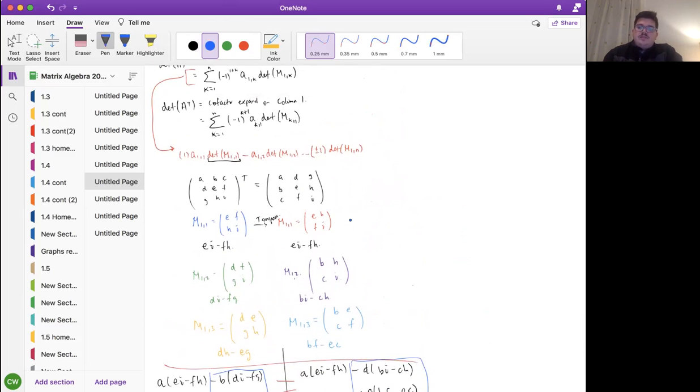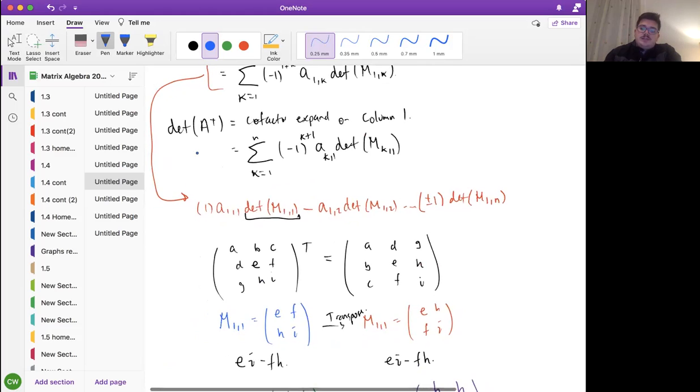If we think about that, if it works with a 3x3, the determinant of the transpose in the 3x3 is the same as the original. So when we do these determinants, when we do these minors for the 4x4, for example, since the determinants are the same, if we were to replace them with the transpose,